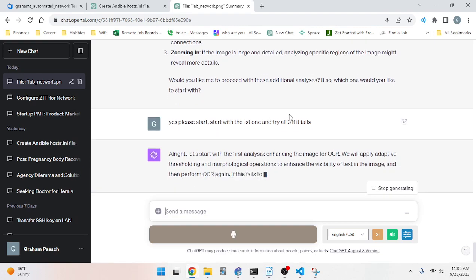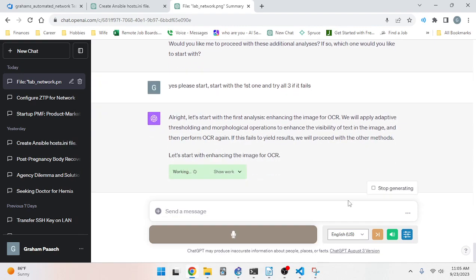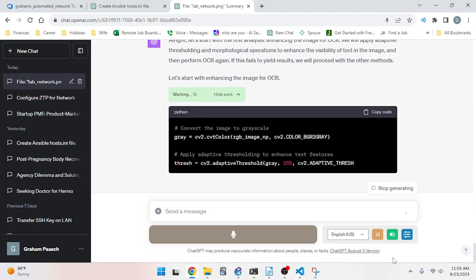Alright, let's start with the first analysis. Enhancing the image for OCR. We will apply adaptive thresholding and morphological operations to enhance the visibility of text in the image, and then